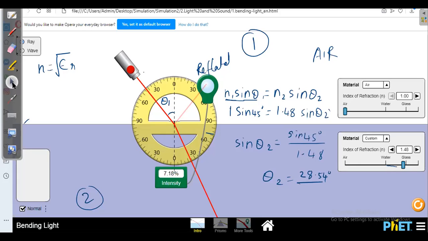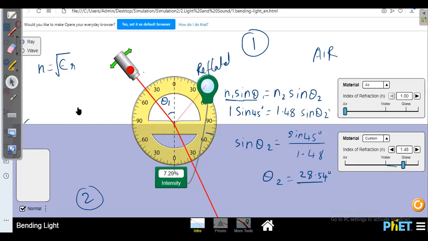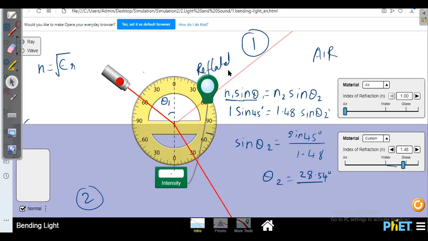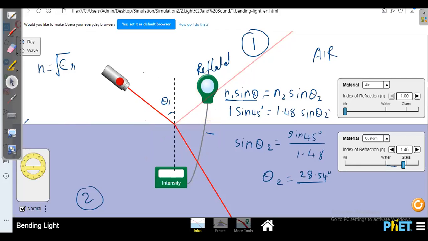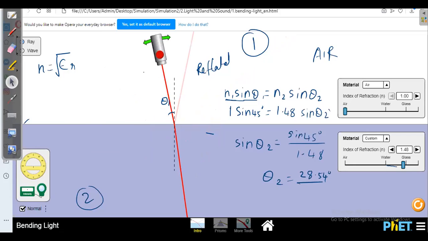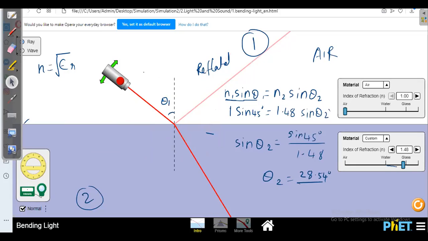Now say what I am going to do, I am going to adjust this in any way I want, to see whether I am getting total internal reflection here. Total internal reflection means you should have only reflection, no transmitted wave. This is the incident wave. This is the reflected wave. This is the transmitted wave. So what is the concept of total internal reflection? You will have only the incident wave and the reflected wave. So one thing is very clear. When the light goes from rarer medium to denser medium, we cannot get total internal reflection.